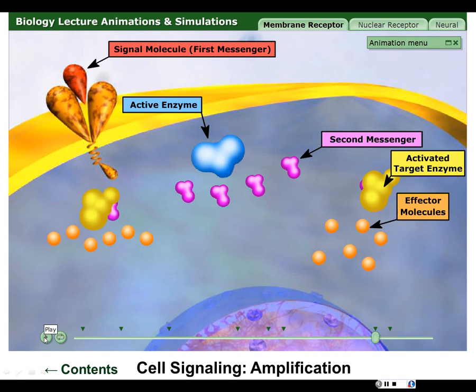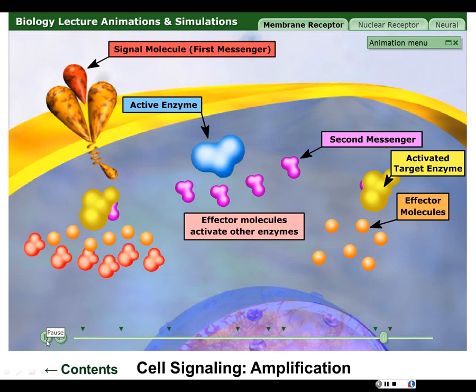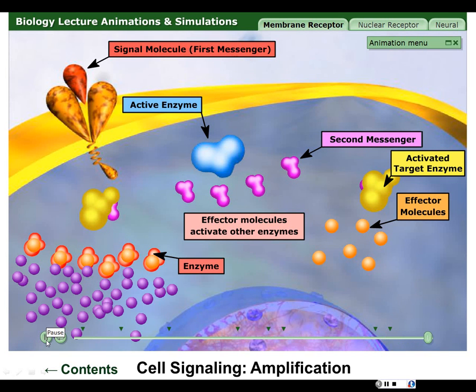So the takeaway is, can you see the cascading? Can you see the amplification? So that's the purpose of our second messenger system. Takes a little bit longer, but the payoff is a big response by the target cell. Continues on. What questions do you have at this point about the purpose of a second messenger system or the example of the cyclic AMP pathway before we move on to good old chapter 7?